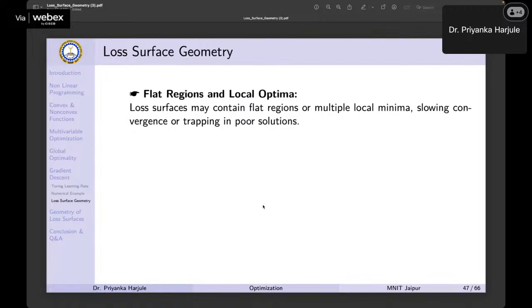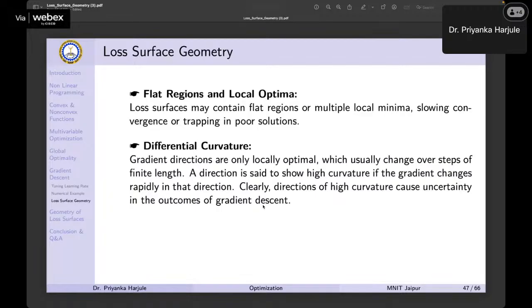Geometry of the loss surface. Okay, so basically the loss surfaces may have flat regions, or they may have local optima. The differential curvature, because we were talking about gradient descent, gradient directions are only locally optimal, so they change over steps of finite length. A direction in which the gradient changes very quickly shows that the surface is